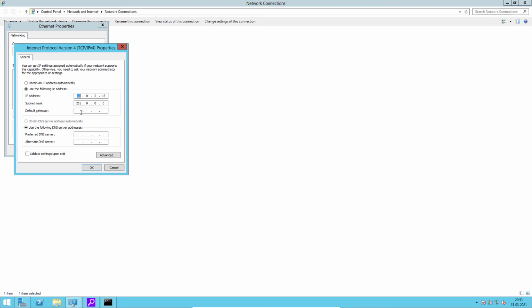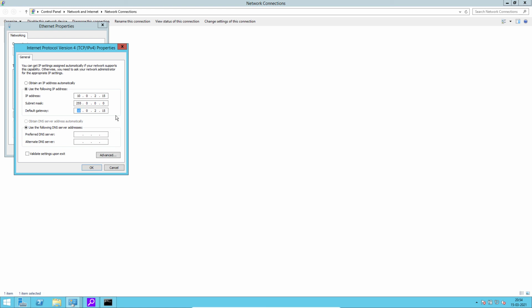Fine. Now here in default gateway also you have to give same IP 10.0.2.15. I will tell you the reason, just a minute. This setting has to be done before proceeding or before seeing all the practicals that I am going to upload now in my next upcoming videos, because if you don't make these settings in your server 2012, you will face a lot of problems. Now, why I have given this default gateway? Because right now I am not using any router in my network.